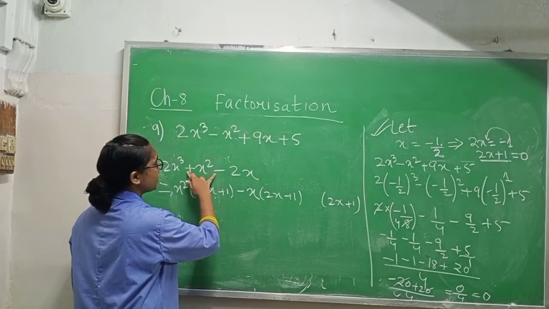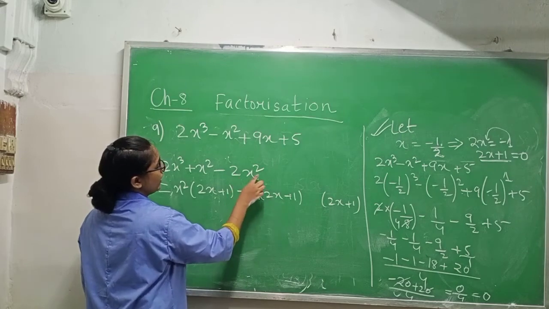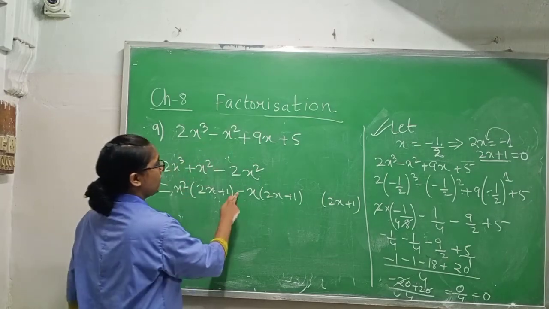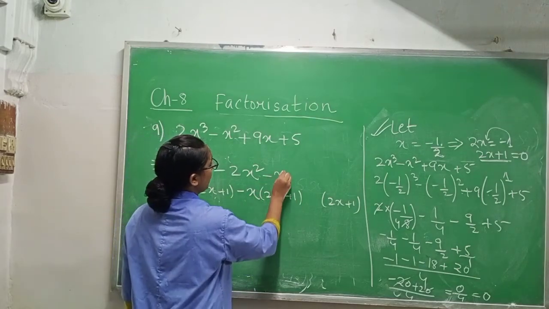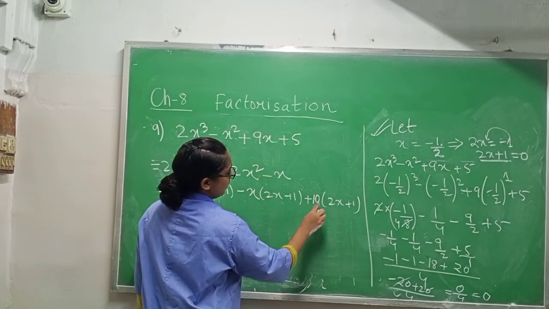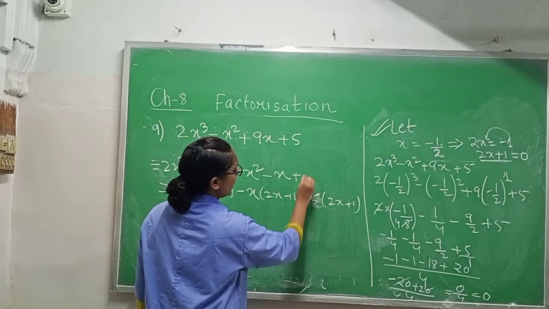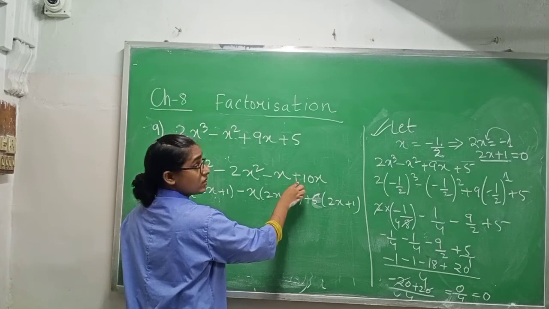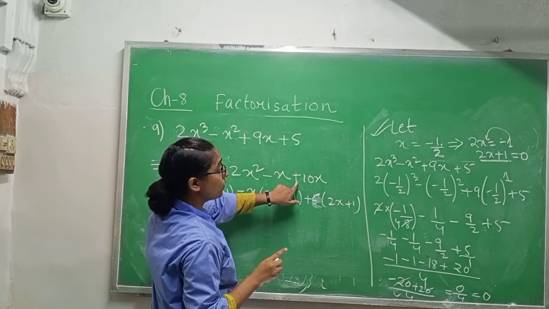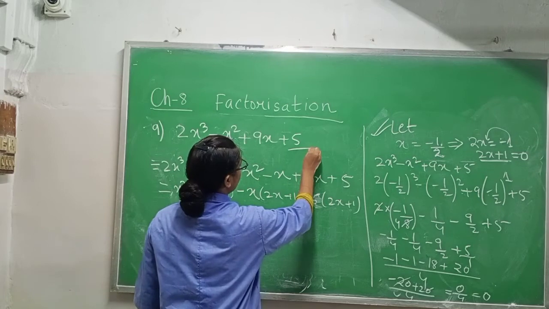So see, plus minus minus 2x, x into 2x, 2x square. So plus minus minus, so minus x square you will get, minus x square, minus plus minus, x into 1, x. But you need plus 9, so you need 10, 5, plus 5. Now see, 5 into 2x, 10x, minus plus minus, so 9x you will get, 10 minus 1, 9, and you put plus sign. Why? Because 10 is greater. Plus plus plus 5 into 1, 5, you get 5.